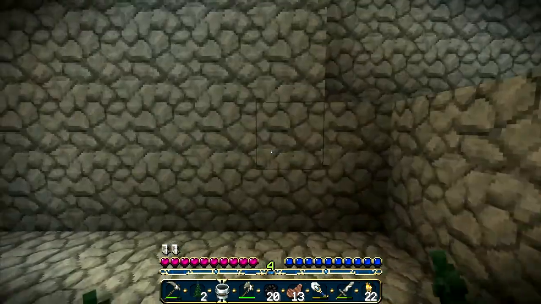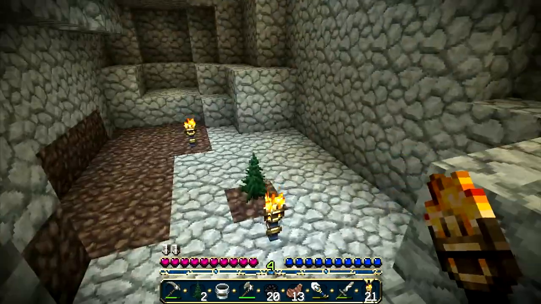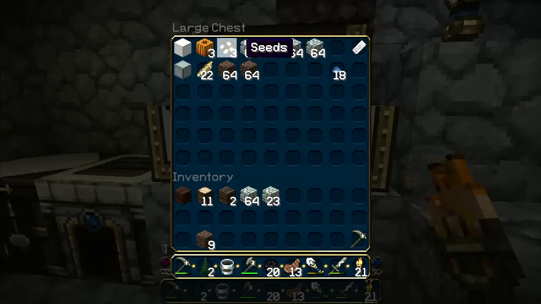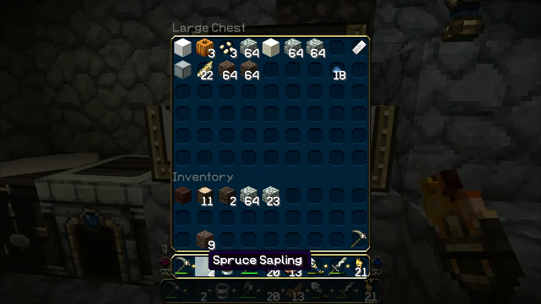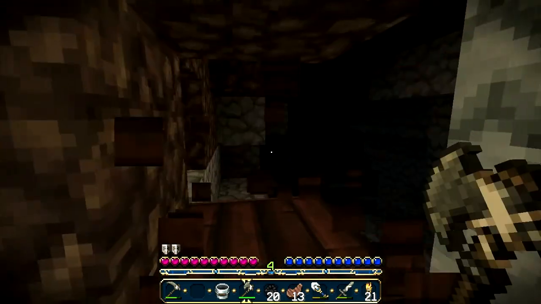Oh, we got a torch. I'll put a torch right next to it, just in case. Please grow. And it could be the case that those types of saplings might take different... Yeah, we'll put those in. Like I said, it's weird, because it's like, okay,